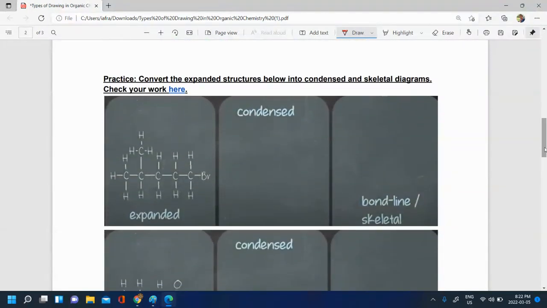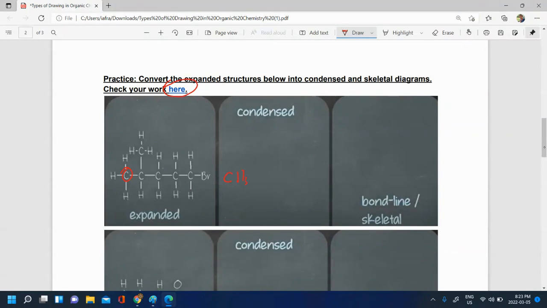And so in this next part of the lesson, you're given some examples of molecules in different formats, and you have to convert from one format to another. The answer keys can be found here, but we'll take a few up together in this video. So we have the expanded formula over here, and we want to write the condensed one. So we'll start with this carbon over here. This would be